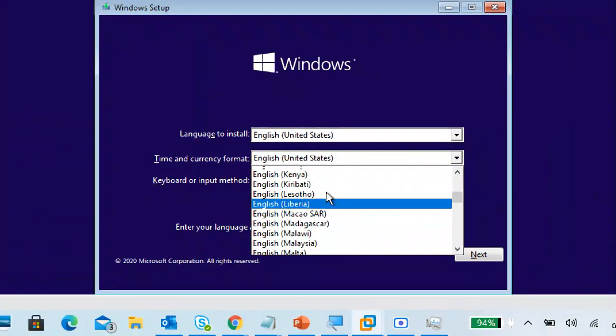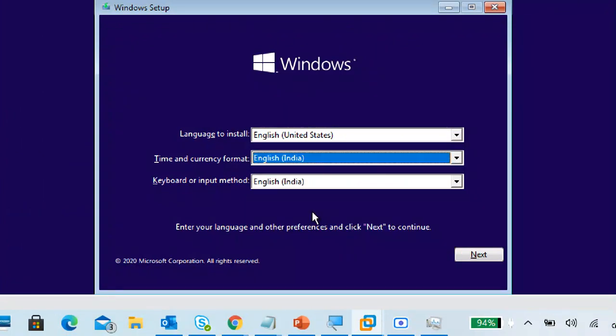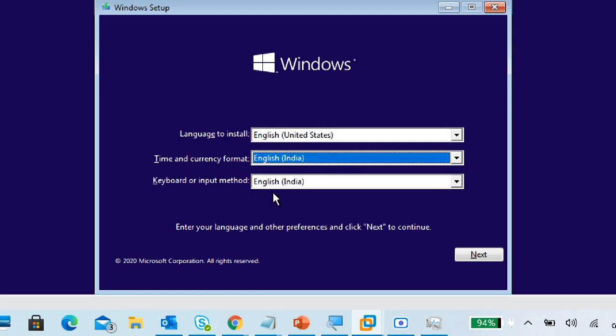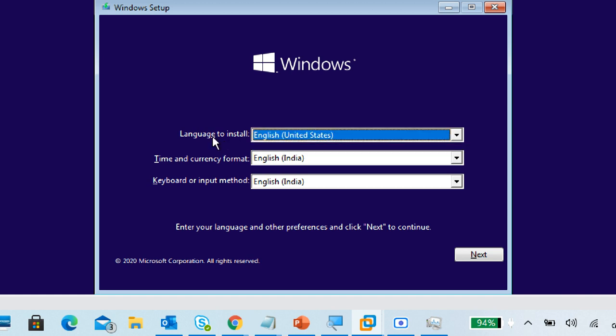Okay. Sometimes people ask certain particular things, like tell me all the pre-installation steps. You have to tell the steps. You have to select the language English, and time and currency format because of time zone. English India, automatically the time zone will be India time zone. Keyboard is English India automatically. So you have to change only one thing. Then the other things are defined automatically. And it is not a multilingual package. It shows only English United States language, time zone, keyboard.